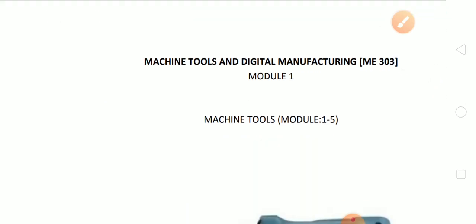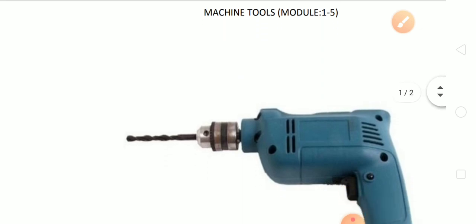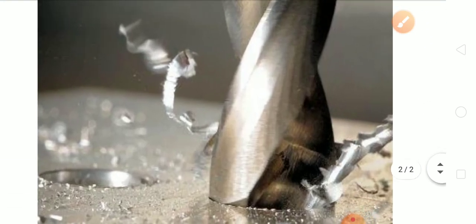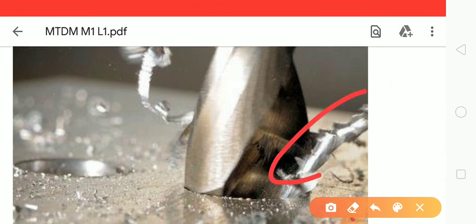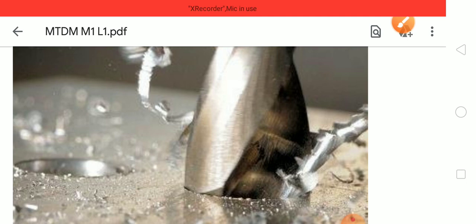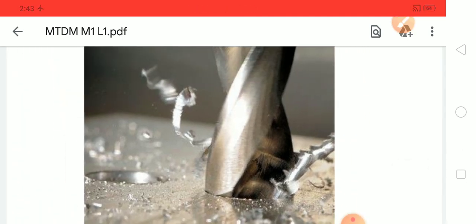It is also called metal removal process. We are removing a particular amount of metal from a part so that we will have the desired part. So this is the basic concept of machine tools and digital manufacturing.